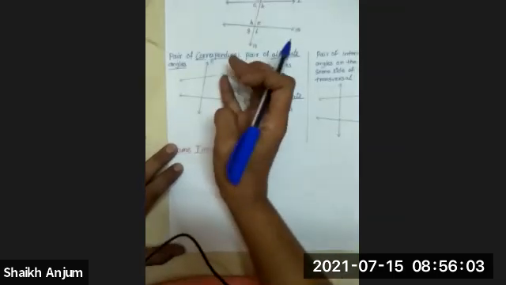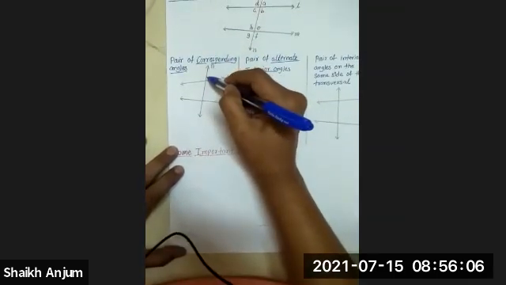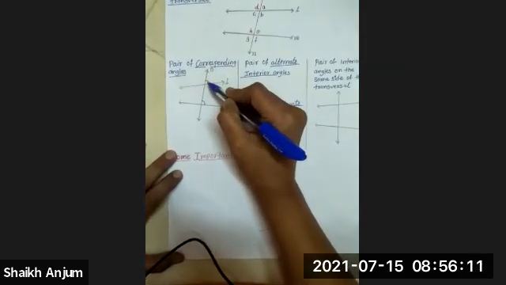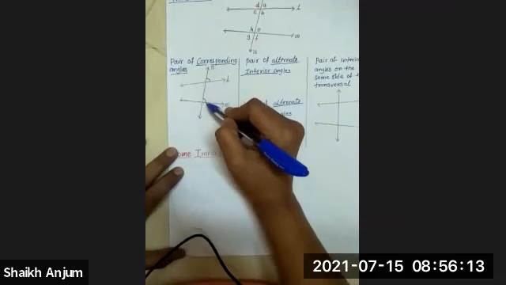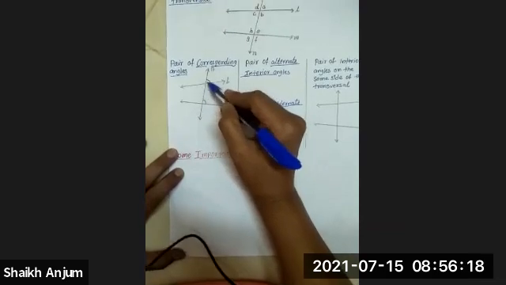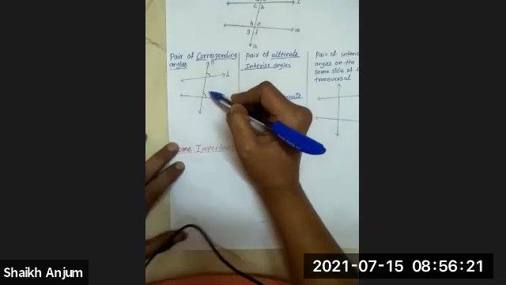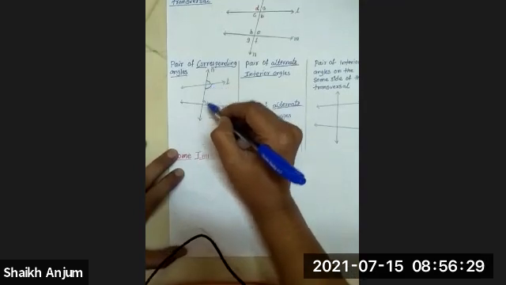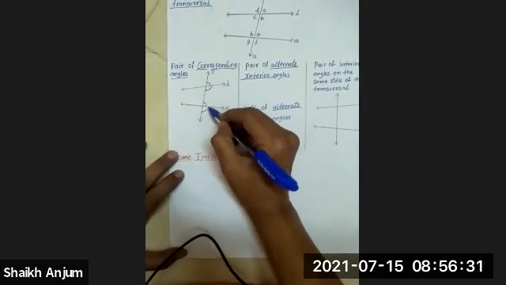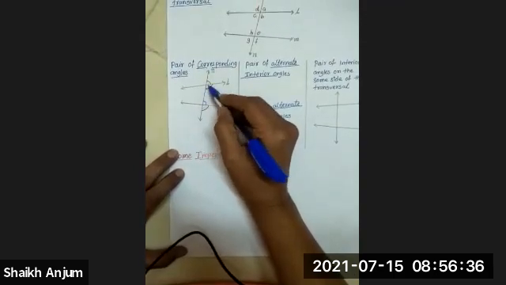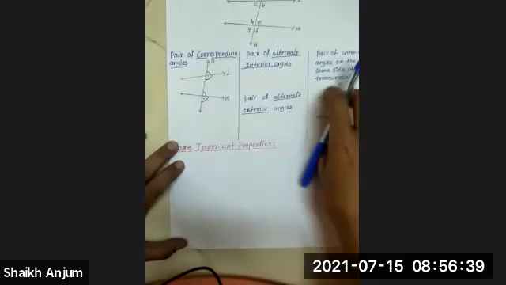Okay, so on same side, the pair of angles, we will take the pair of angles above the line, above first line and this angle above second line. Okay, this is pair of corresponding angles. Now, if we will take this angle below the line, and this one will be another angle. Okay, so those two will be another pair of corresponding angles.